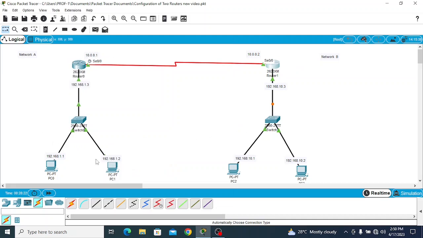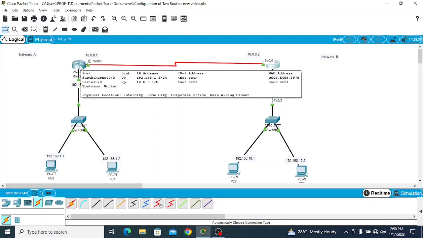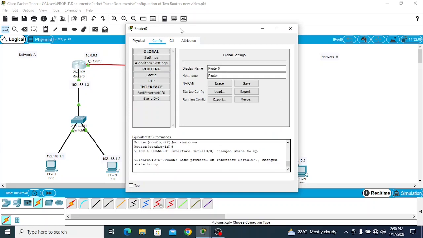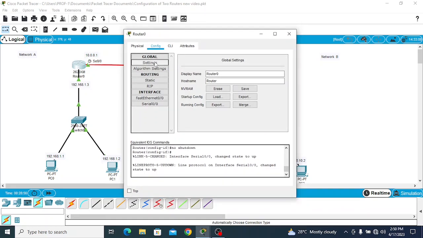So now, it's on, so all the connections are intact now. For us to be able to send packets from network A to network B, there must be a configuration on the routers. So the first configuration I am going to do, we are going to perform it on the first router, which is router 0 on network A. So go to the config tab,